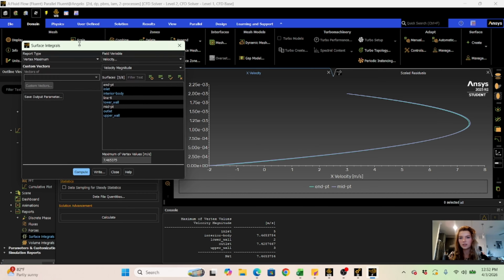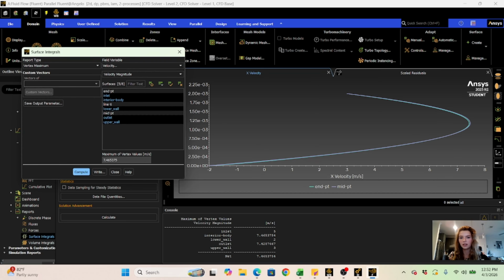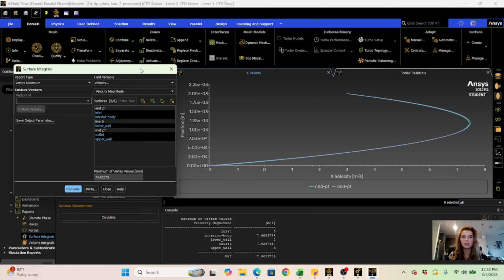And so that gives us the maximum velocity, which is going to be 7.46 blah blah blah blah meters per second, and that will be the maximum velocity, which also correlates to the maximum velocity seen here, right at this midpoint and